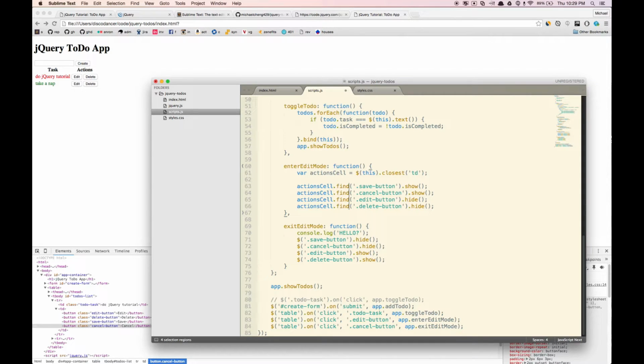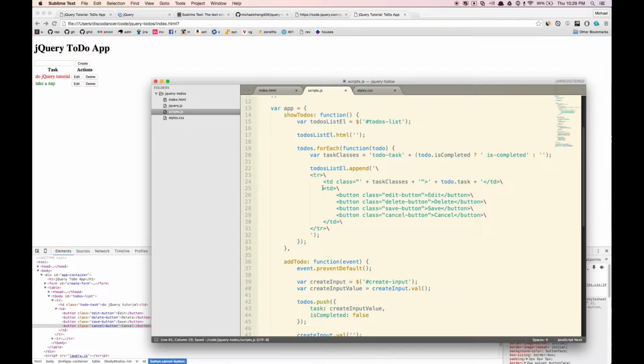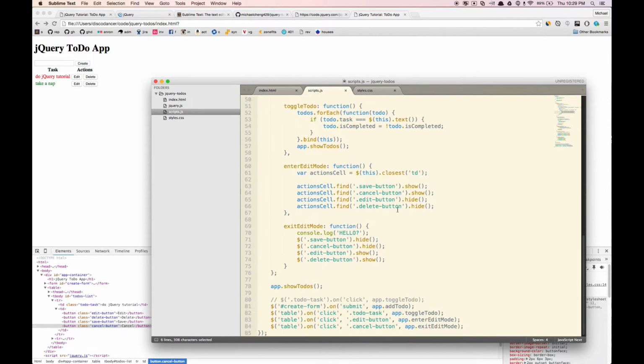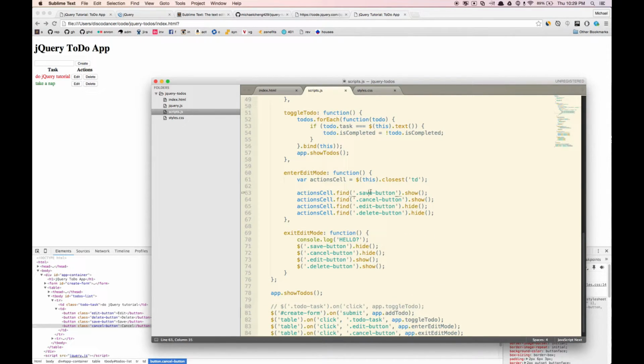And let's get rid of this $ here. What find is going to do is look inside of our selector here and find whatever class or thing that we're looking for. Specifically, we want to be finding these buttons right here. And we want to show and hide only those specific buttons inside of the one action cell that we are clicking in. So we can see here that jQuery is pretty powerful with being able to traverse the DOM and